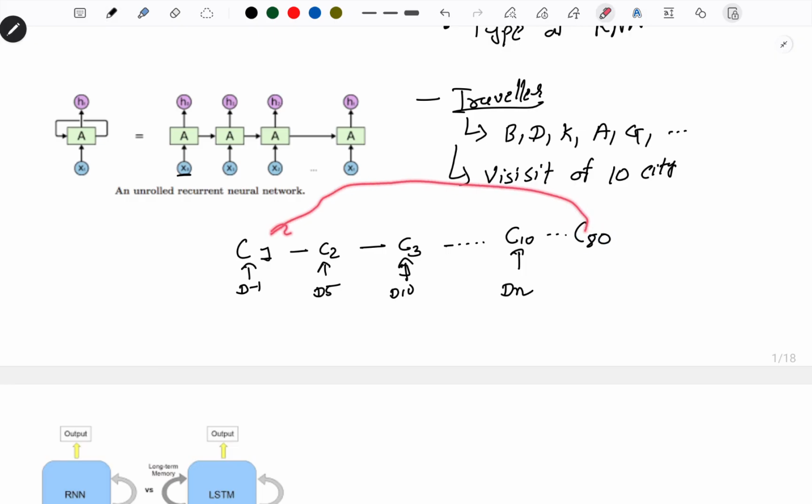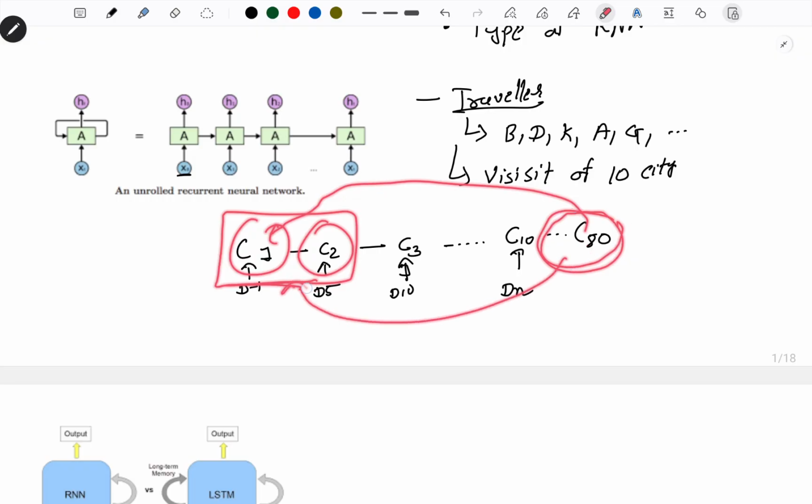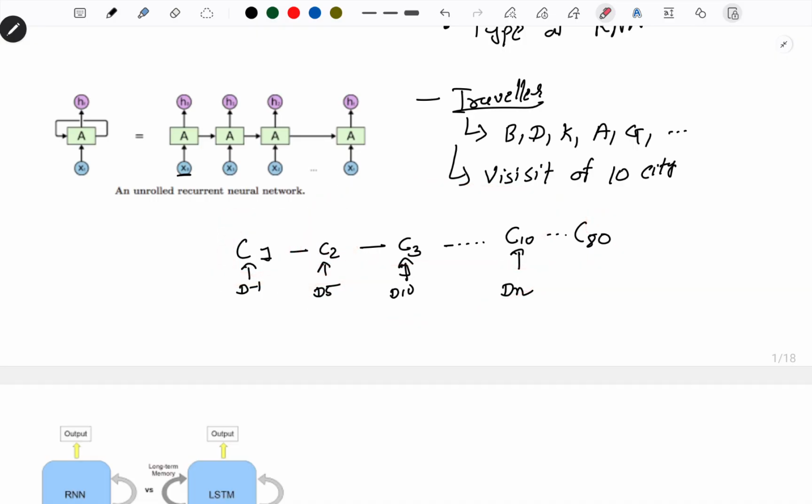प्रॉब्लम इज व्हेन यू आर एट पर्टिकुलर, लेट्स से व्हेन यू आर एट सिटी नंबर 18, you might have forgotten the details of city number 1 or 2, बिकॉज ये बहुत पहले आप देख चुके हैं, और अभी आप सिटी नंबर 18 जब कवर करने जा रहे हैं तो इट पॉसिबल कि आप सिटी नंबर 1 या 2 के बारे में बहुत कुछ डिटेल ऐसी भूल गए, बिकॉज इट इज़ अ वेरी लॉन्ग टर्म डिपेंडेंसी. Yes, if you are at city number 18 and someone asks you about the city number